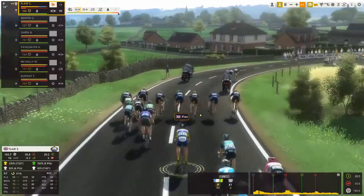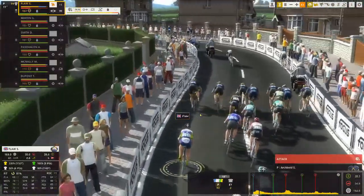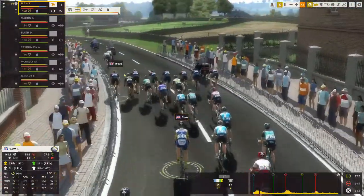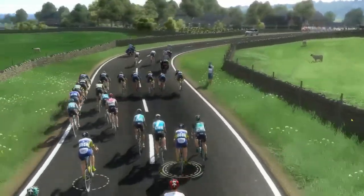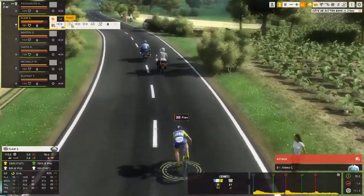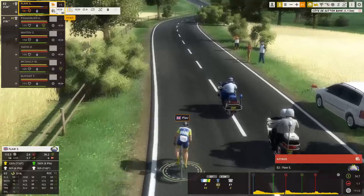There's been no break over this initial climb, and we are desperately trying to get away. It looks like JLT Condor definitely wants somebody in the break as well. They've got 5 riders up there, all attacking at the minute. Frustrations aboard over here, and I am attacking. We've lost the initial breakaway,